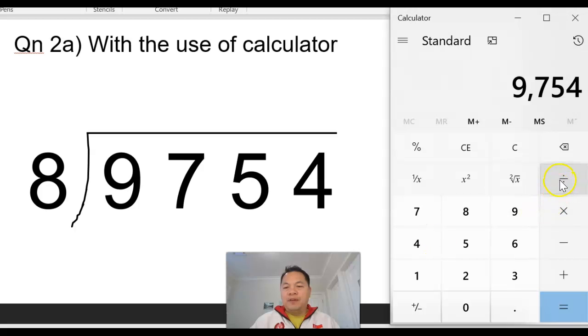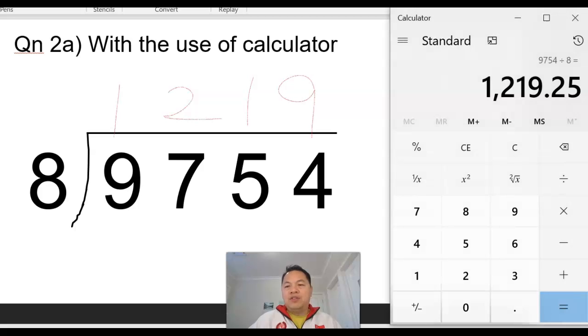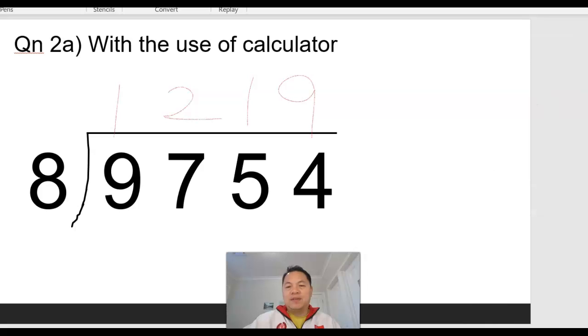9,754 divided by 8. And you actually get this answer, 1,219.25. Do you still remember the conversion of 0.25 into a fraction? So the answer is actually 1,219. And the conversion of 0.25 is actually 1/4,